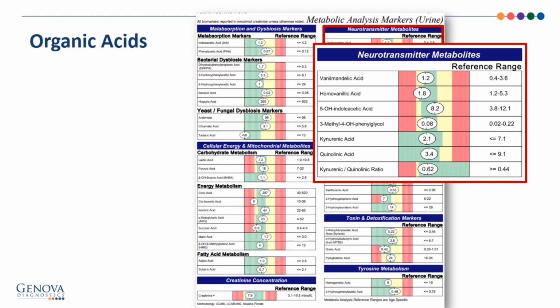Quinolinic acid is a known neurotoxin, and it's excitatory to the central nervous system and is associated with systemic inflammation. That's why we look at the kynurenic-quinolinic ratio. If it's a low ratio shifted to the left and to the red, that means we're making more quinolinic acid,